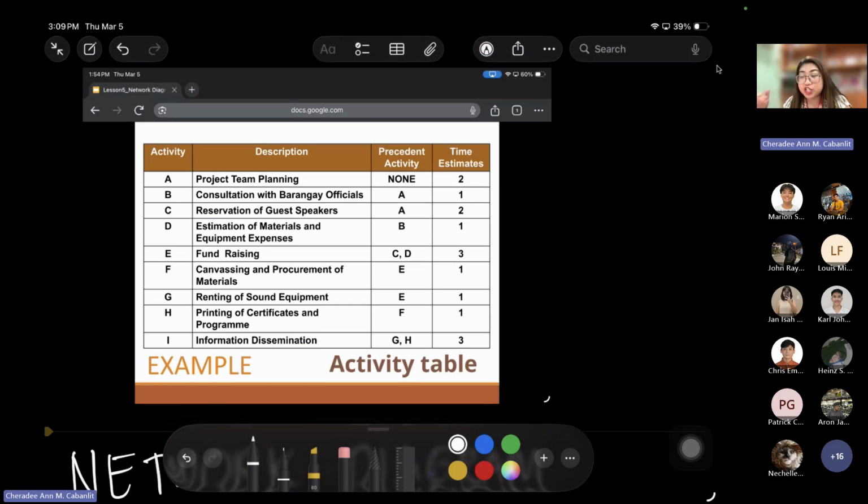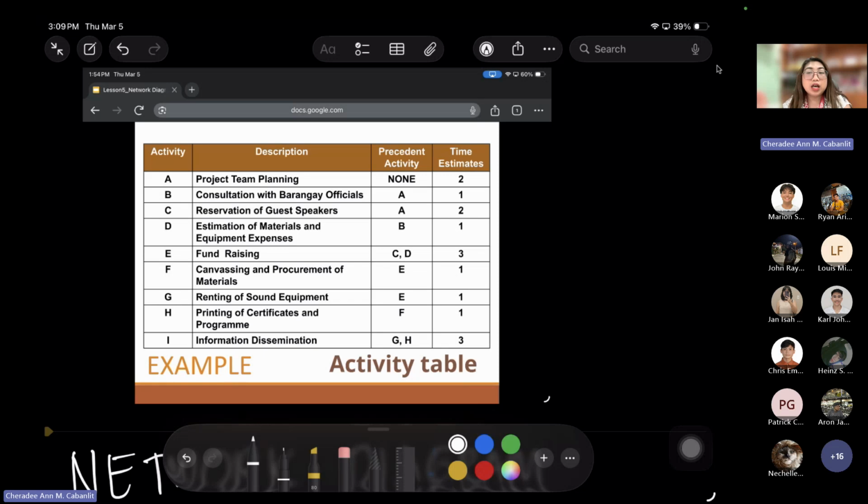Then after that, you look at the next activity. Once you're done with project team planning, you proceed with the consultation of barangay officials. When you consult with the barangay officials, you can also do activity C, which is reserving the guest speakers. That means the precedent activity of A indicates that they can both be done simultaneously. Activity B will be done in 1 day, while activity C will be done in 2 days.